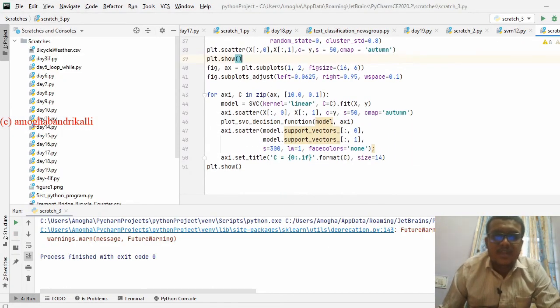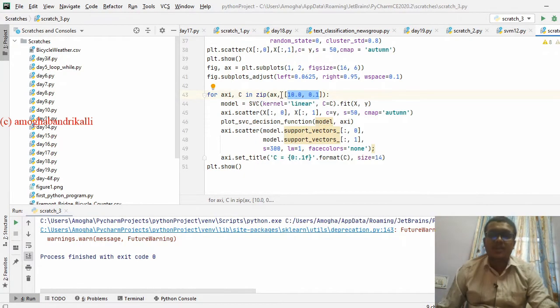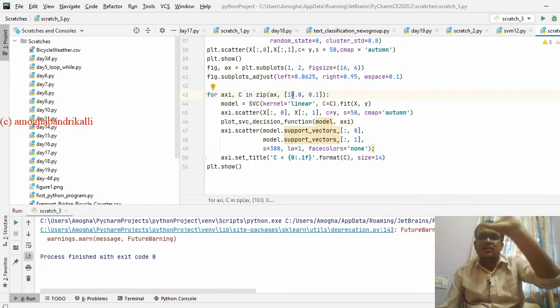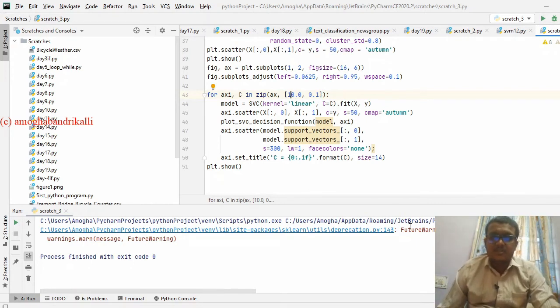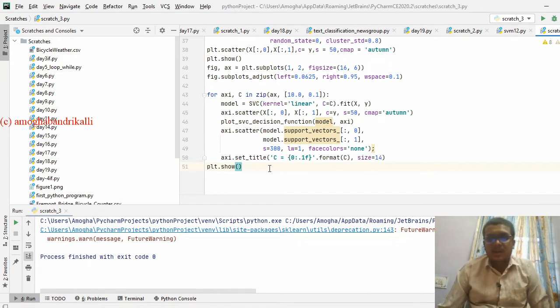How to tune: just use a linear kernel with C equal to C, and I am changing the value in a for loop. In the for loop, I am going to execute C equal to 10 once and 0.1 once, so that is the output you are seeing. This is a simple for loop and we are going to view the output.